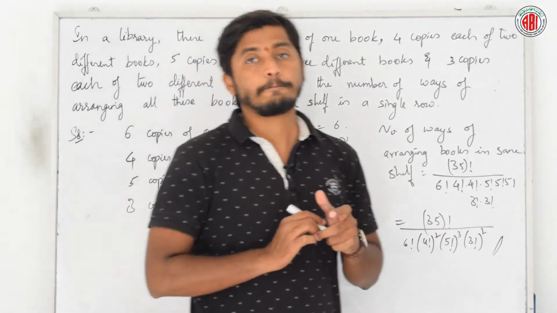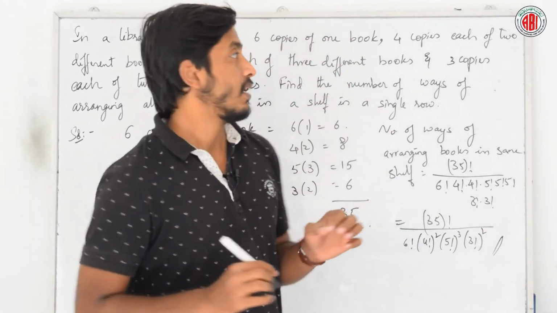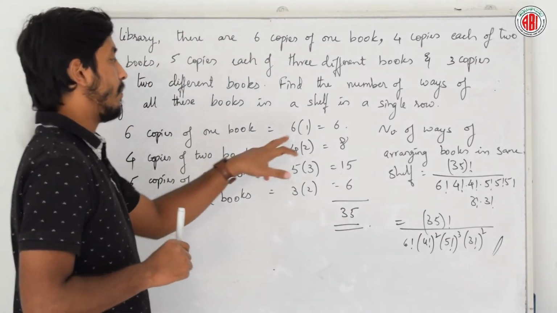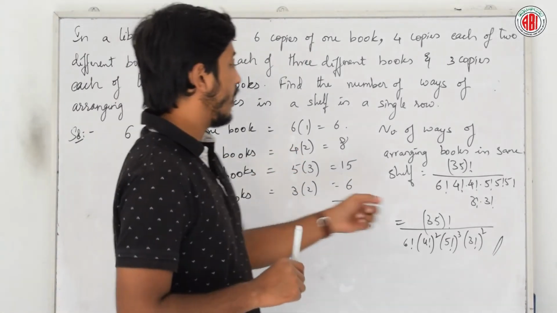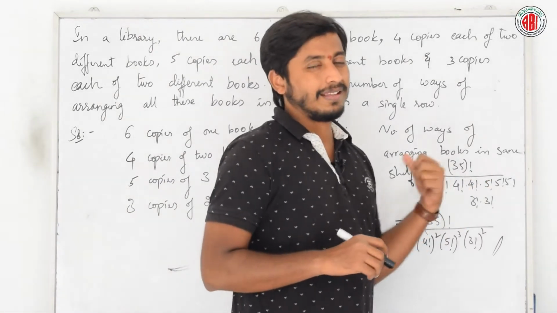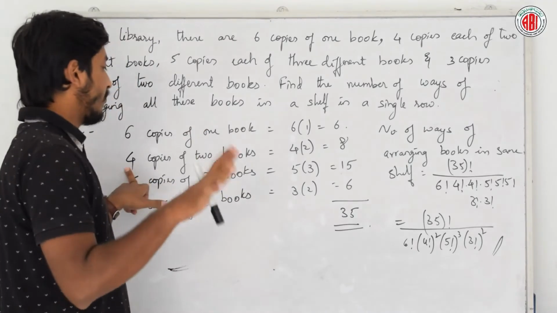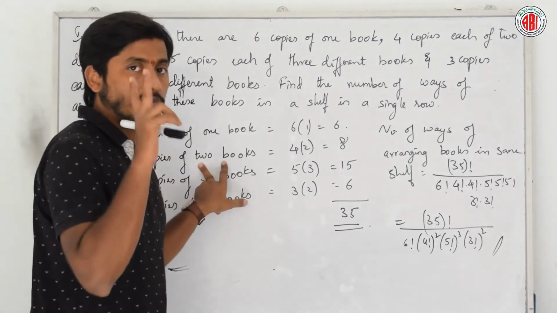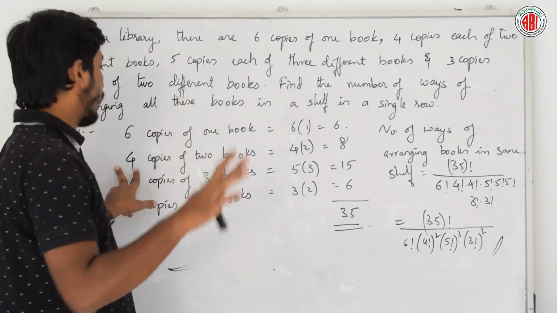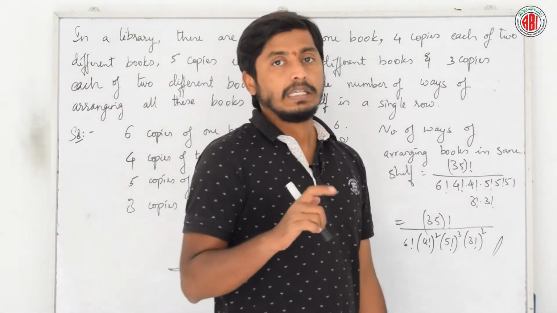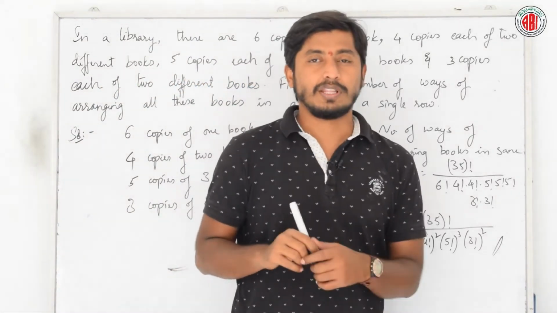Is it easy? When it comes to repeating permutations, we just have to remember which number has to be taken in the denominator, since it depends on how many times it is repeating. Yes, it is repeating 4 times. The same set of 2 books is repeating 4 times, that's why we write 4. Did you understand? Shall we move on to the next problem?